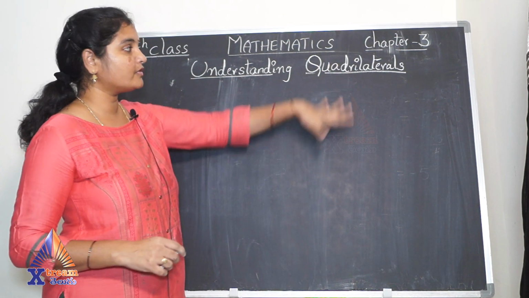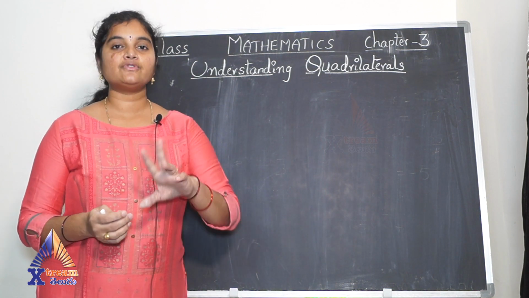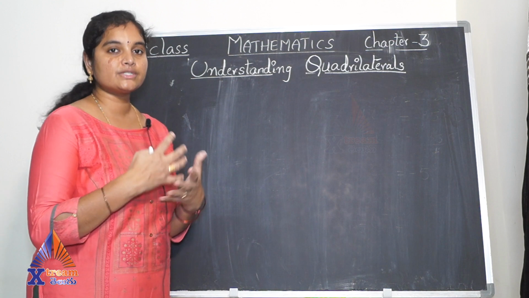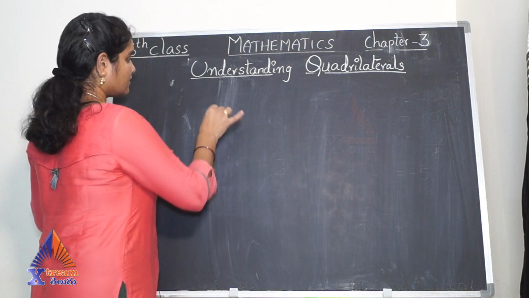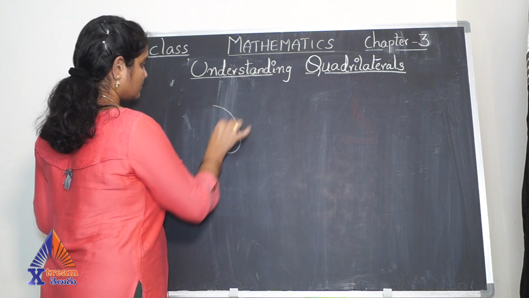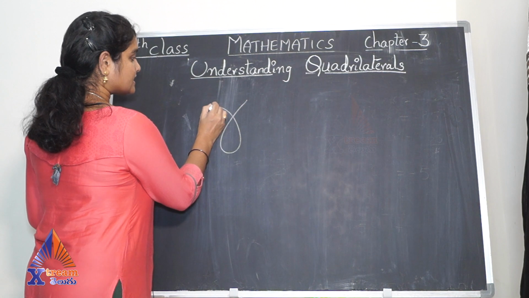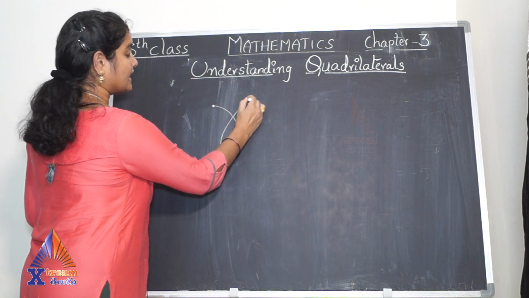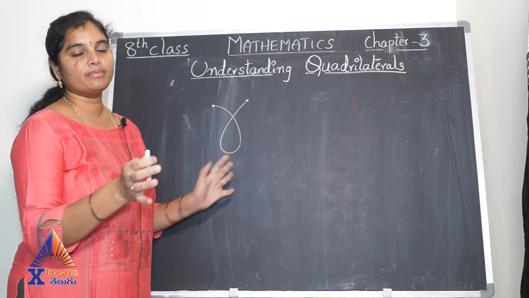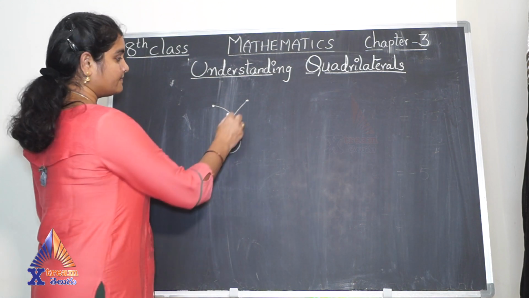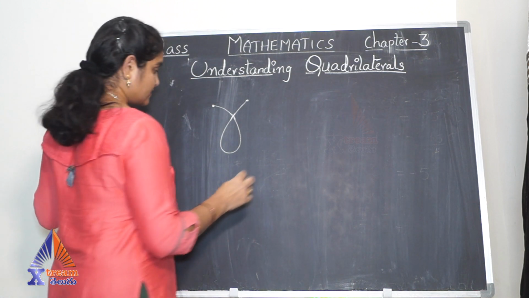Before we go to quadrilaterals, let's try to understand what figures are. We have two kinds of figures. One is the closed figure and the other one is the open figure. Now this is something we call an open figure because it starts somewhere and ends somewhere. And this is not a simple open figure. It's somewhat complicated because it got intersected over here, right?